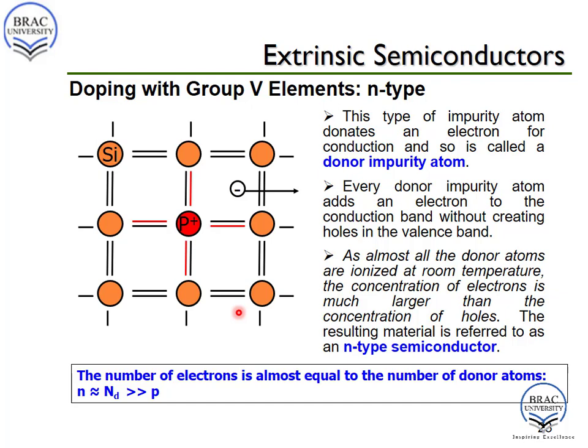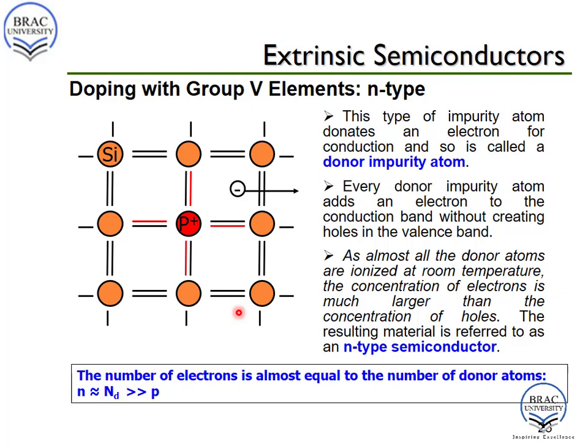Comparing with the intrinsic semiconductor, where an electron hole pair is generated when extra energy is provided to the structure, in that case the concentration of both electron and hole were equal. But in this case, the general process of forming electron hole pairs will also take place, but an extra amount of electrons will be created due to the addition of donor atoms. So in this case, unlike intrinsic semiconductor, the concentration of electrons and holes will not be equal.